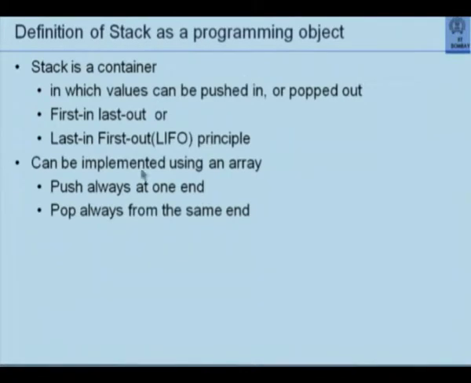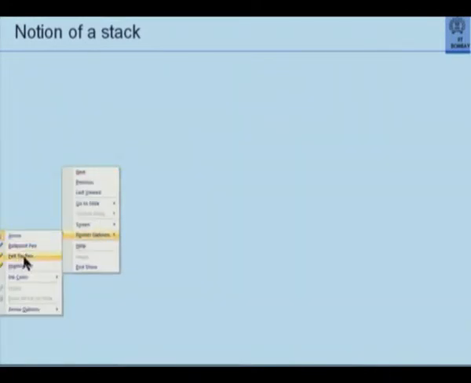So, let us do a review of stack. So you keep elements here.